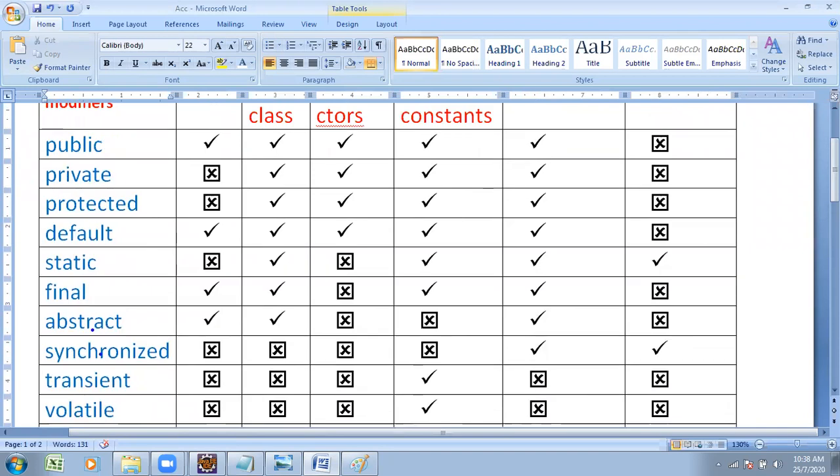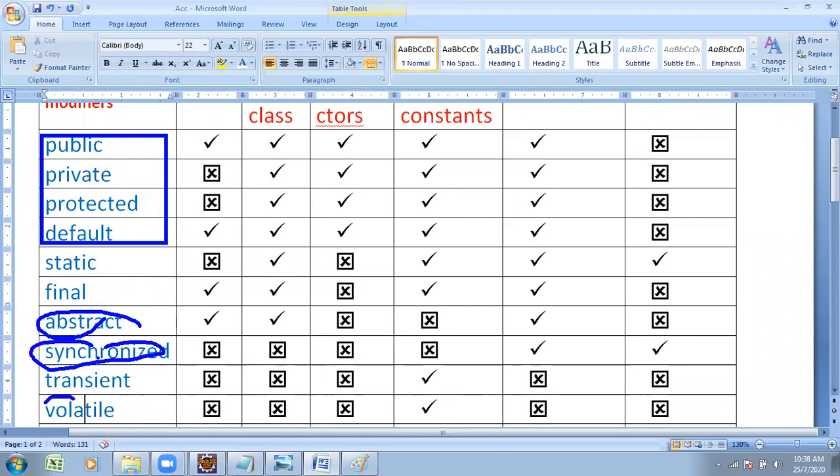Here we are using public. Till now we discussed this one. Static: already we discussed static variables, non-static variables, static methods, non-static methods. Final we are going to discuss. Yesterday we discussed abstraction. Further on, synchronization and volatile, while discussing threads, I am going to discuss. Transient, at object serialization time, I will discuss.